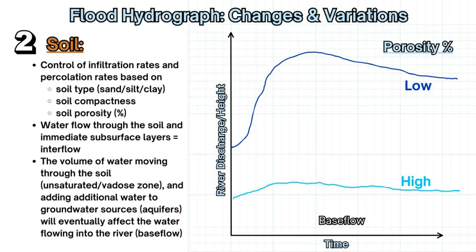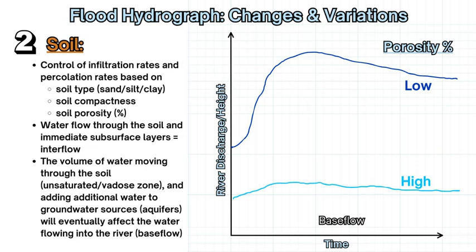So the speed at which the water goes through the soil will directly affect the river's hydrograph. So if the soil is compacted and won't let any water through, no infiltration or percolation allowed, it will become more impervious and it will create a larger amount of surface runoff, again based on the gradient, and the lag time will decrease and the increase of water will be reflected in the higher height of the river or discharge,